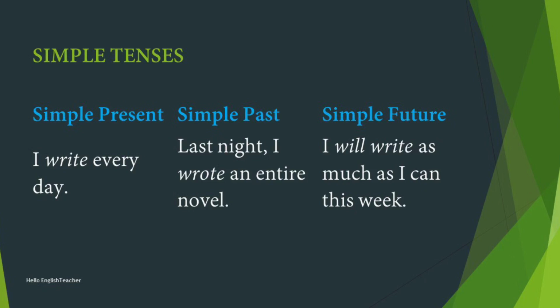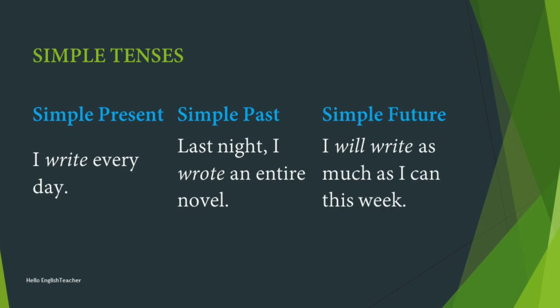So, how is a simple past tense formed? By adding the word ed to the verb. So, for the regular verbs this is possible, but there are some irregular verbs also for which adding ed may not be possible. So, how do we make questions for simple past tense form? We add the word did with it, and for negative forms we add the word did not. So, did you call the doctor? No, you did not call the doctor. So, you can see how the word did is used for the positive form and the negative form.